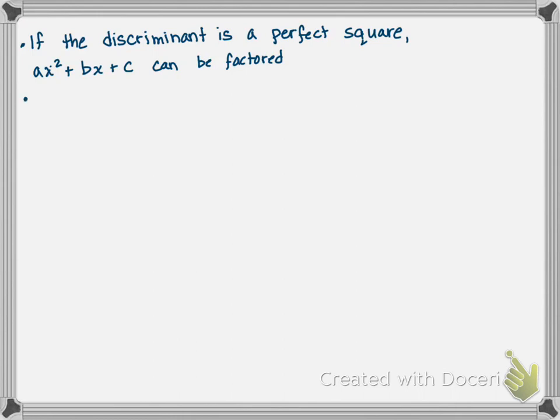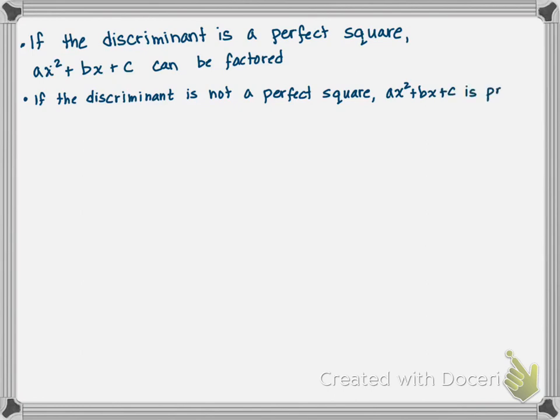And then if it's not, then ax squared plus bx plus c is prime. So this is actually super handy because if you have a problem like